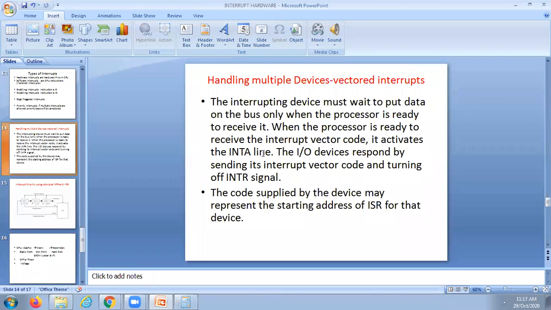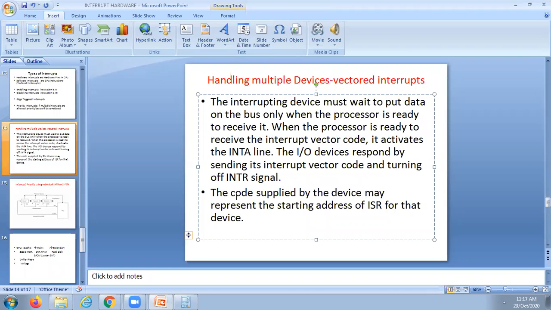The IO devices respond by sending their interrupt vector code and turning off the INTR signal. The code supplied by the device may represent the starting address of the ISR for the device. It is already explained. Is it clear?